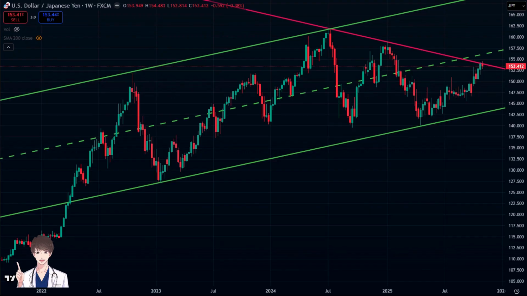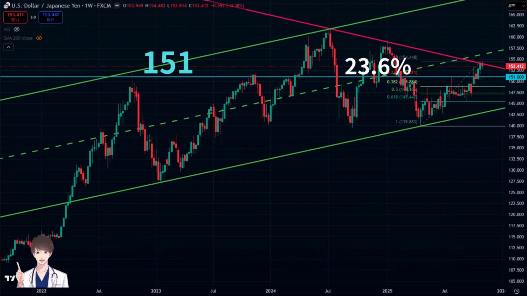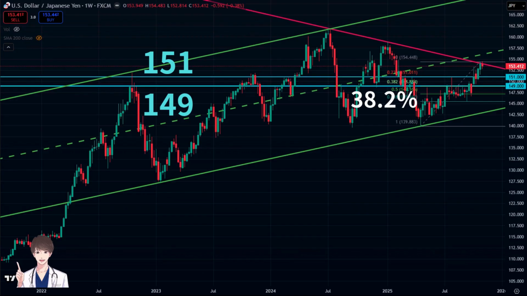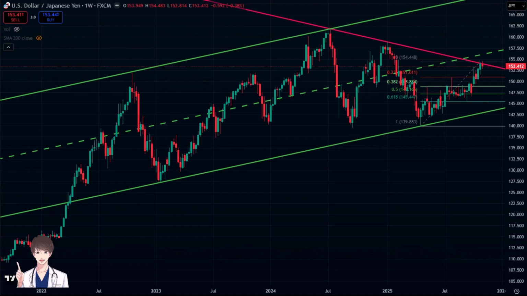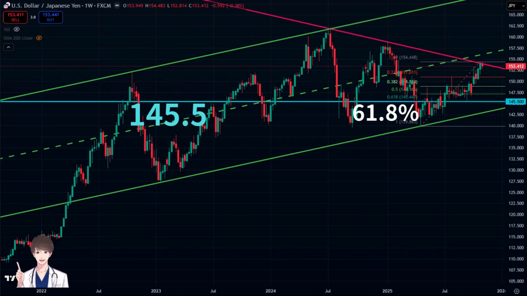As mentioned in last week's video, possible retracement levels to watch are the 23.6% Fibonacci level near 151, and the 38.2% level around 149. Both measured from the upward move that began in late April 2025. These price zones have recently been respected by the market, so a pullback toward them would still be within a normal correction range. If the pullback becomes stronger, the 61.8% retracement near